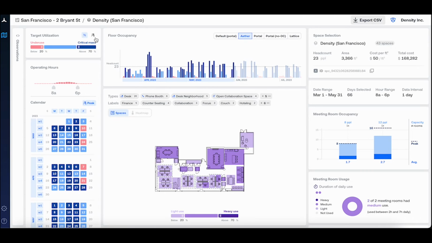Utilization can be adjusted to show either a percentage of the set capacity or the number of people. Under the floor plan, you'll see the time used sliders. Time used shows the percentage of time in use. You'll see 3 color options in each, and sliders to set the thresholds for what you consider an underperforming space